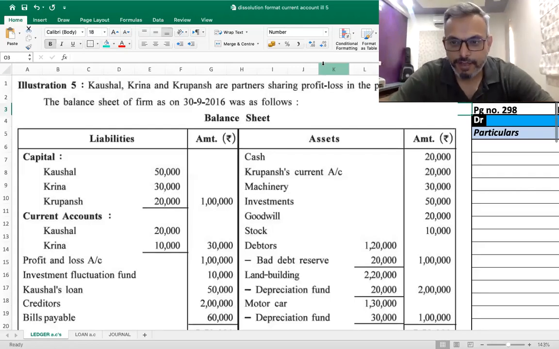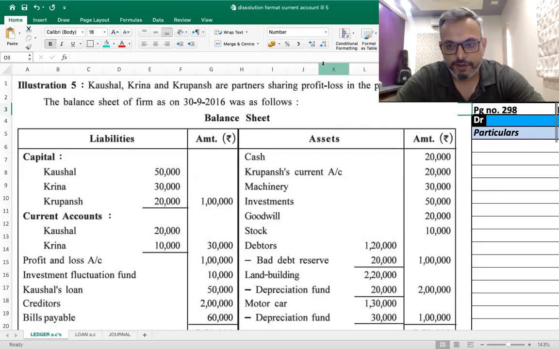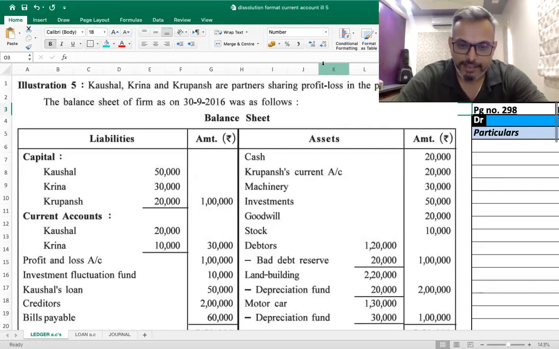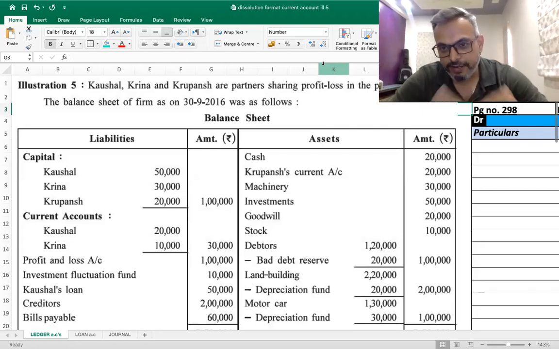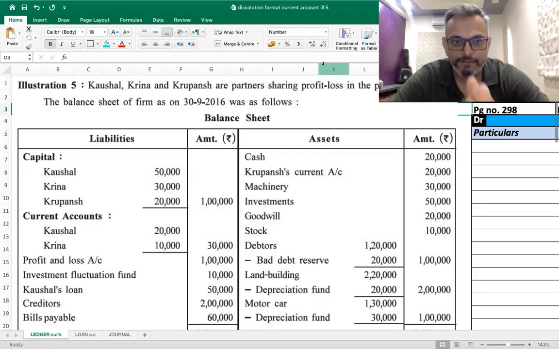Now students, we are going to solve today illustration number 5. Now obviously this type of full-fledged sums are not going to come into your exam. They are not expected. Full-fledged sums are not there from this chapter. But then why are we doing this? We are doing this to understand the complete process of dissolution, so that making journal entries becomes very